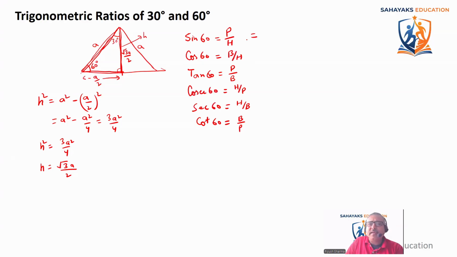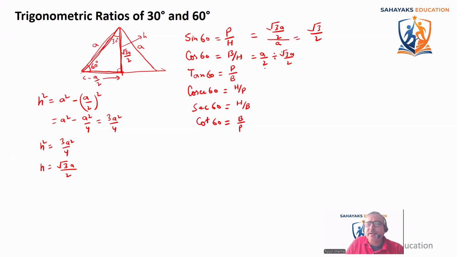Okay, now start writing the values. The perpendicular is root 3a by 2, and we have to divide it by h. H is a, so a will cancel out, and it becomes root 3 by 2. Now writing b by h. So b is a by 2 divided by